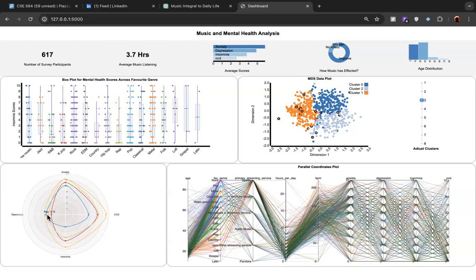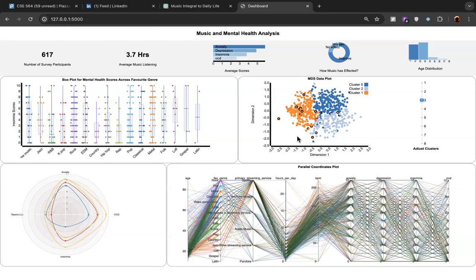We can see here the rap, which is in blue color, is lower in three of the mental health scores, but higher in one of them, that is depression in this case. So this shows that there are cases where a particular genre is related to a specific mental health state.